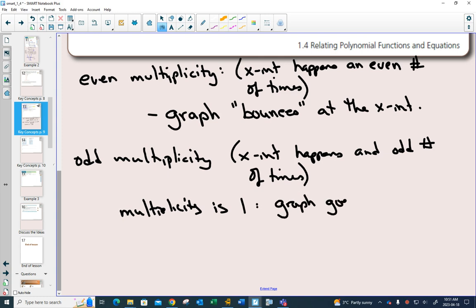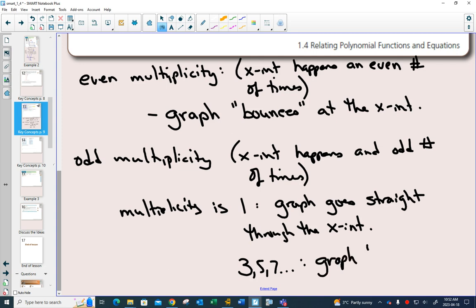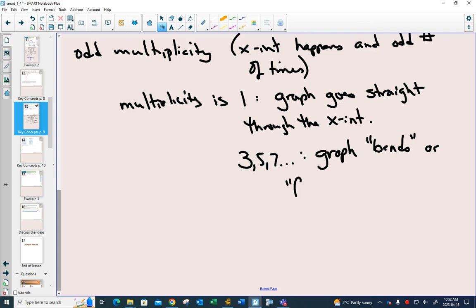If the multiplicity is 1, the graph goes straight through. This is what we've had every single time. Straight through the x-intercept. If it is larger than 1, 3, 5, 7, dot, dot, dot, anything larger than 1, the graph bends, or sometimes people like to call it